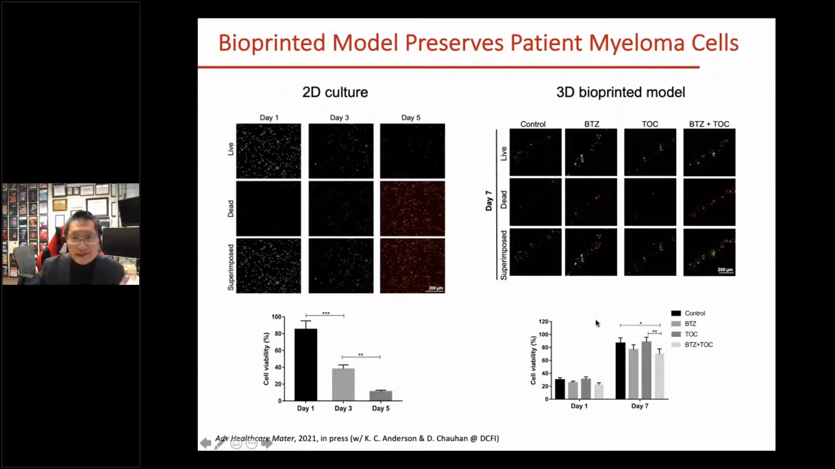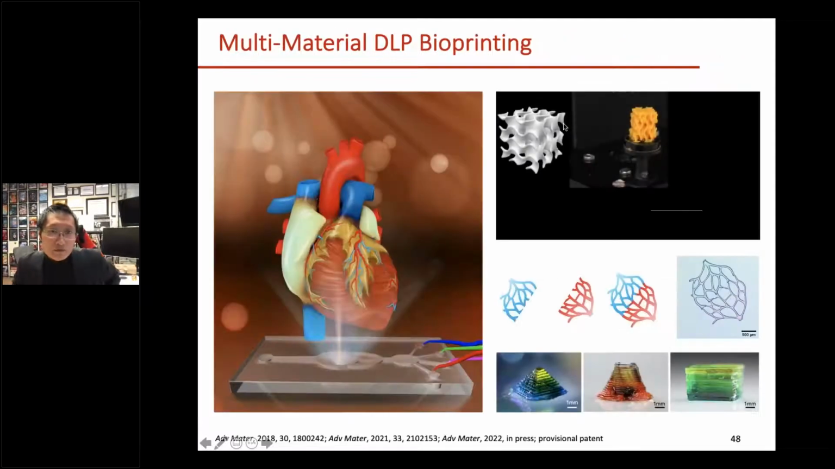So by day 7, there were still a ton of live cells present within this model in 3 dimensions, and you can then start to do all the drug testing that I have talked about in the last slide. All right, so before I end, let me spend a very quick few minutes talking about